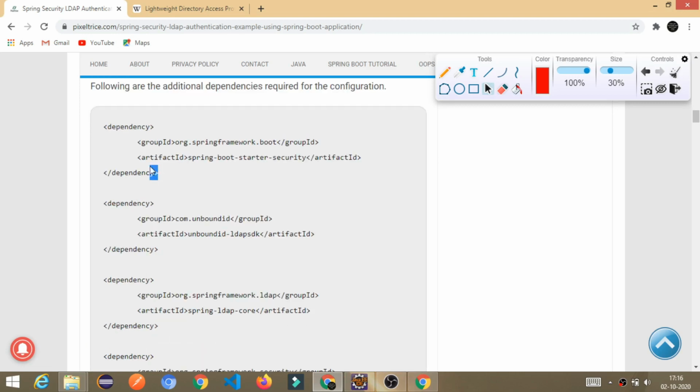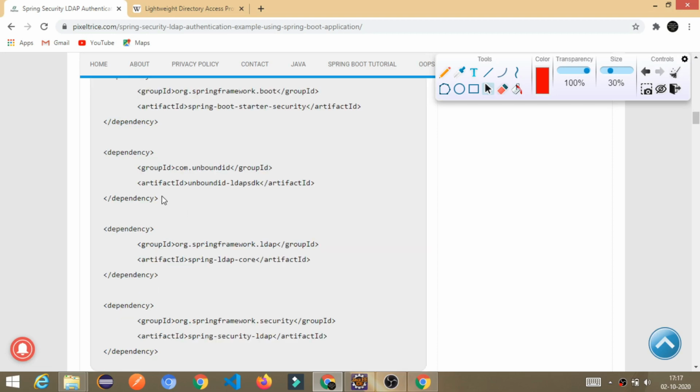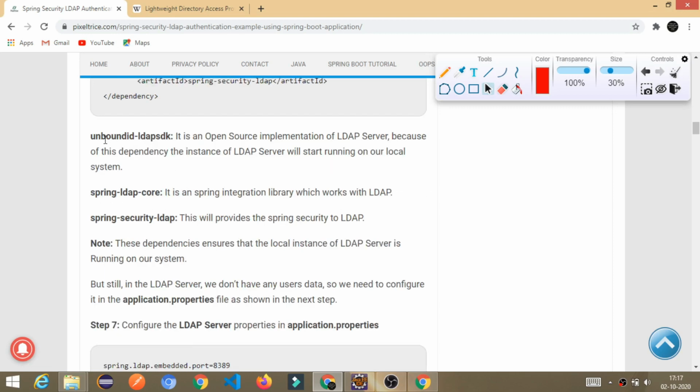The very first dependency is the starter security, a simple Spring Security dependency. The other one we added is UnboundID. Here I explain what the UnboundID LDAP SDK is. It is an open source implementation of an LDAP server.